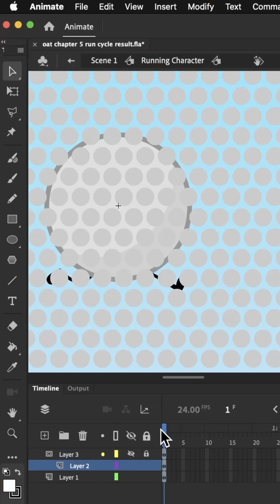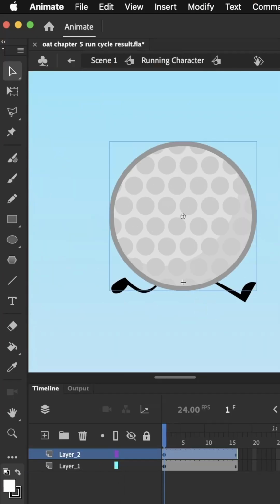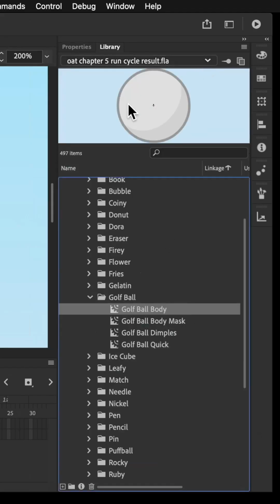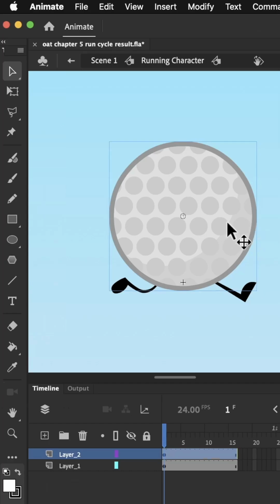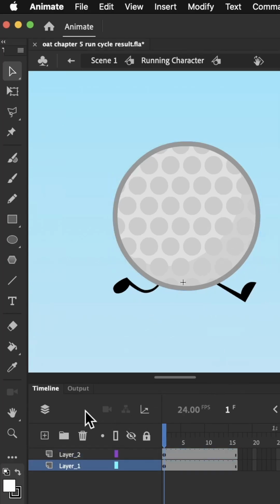Now, this symbol Golf Ball Quick is designed so that it's easy to set up a golf ball with a masked pattern to it. And that's what we've placed on the stage here. So this single symbol contains both the pattern and the mask used to contain this pattern, all within one symbol, unlike Golf Ball Body, which just has the base circle shape. So this makes it a very convenient symbol to use if we're going to set up golf ball running. Next, we'll add a new layer above Golf Ball Quick,